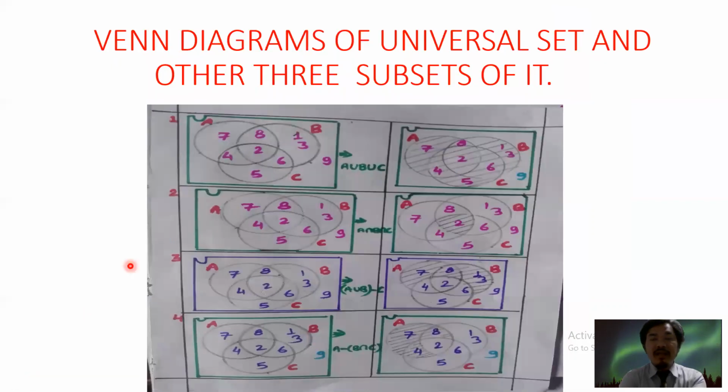Okay, here are given the three subsets. In such case, first of all we have to draw this one. This is set A and this is set B and this is set C. Among sets A, B, C, first of all, you have to always start to write the elements from this part. This is the common of all.